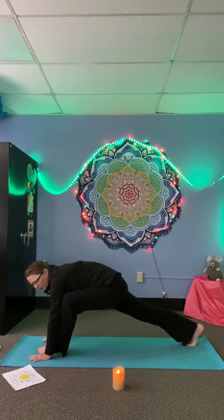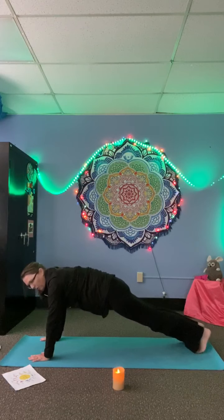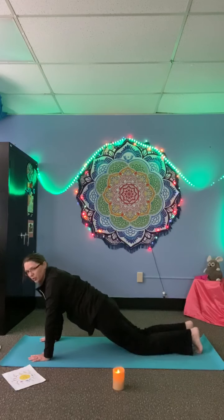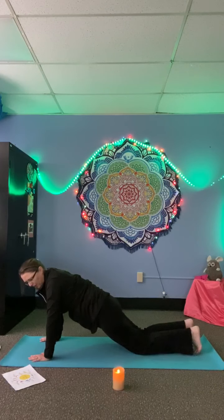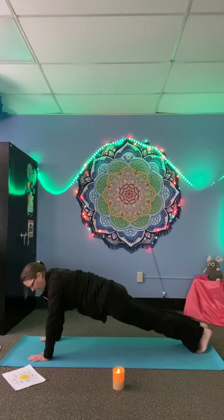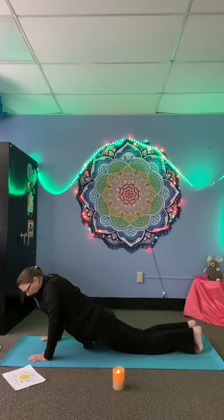The next thing that we're going to do is take a breath in and then exhale and bring your left foot back. And now we are in plank position. Now, if you can't do this on your hands and toes, put your knees down. That's called a modification, and that's okay. You can do that. But if you don't need to, let's come back up on our toes and our hands, and let's hold that for 5, 4, 3, 2, 1, and then we're going to come down on our knees